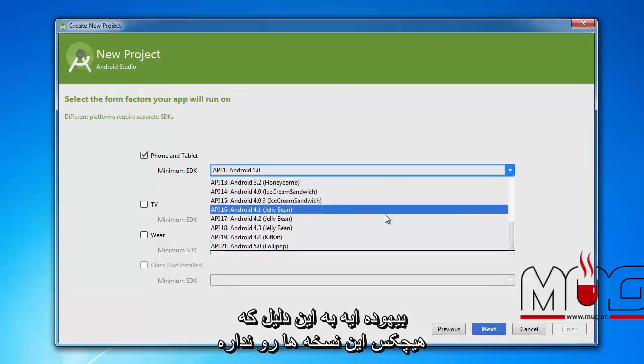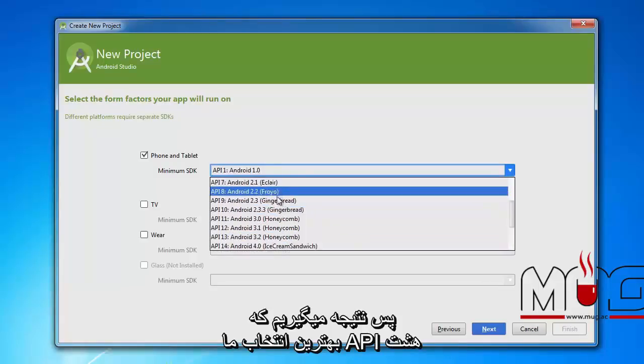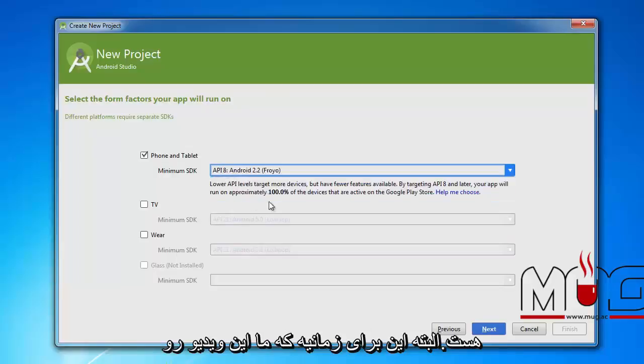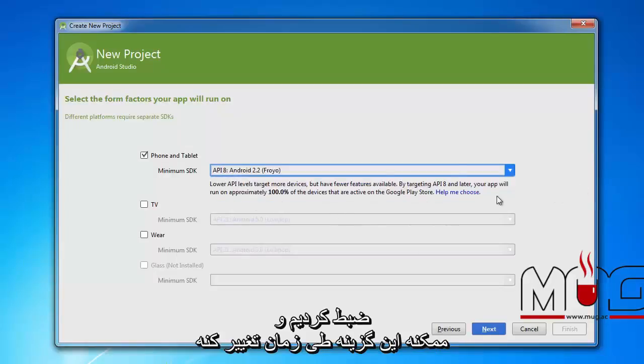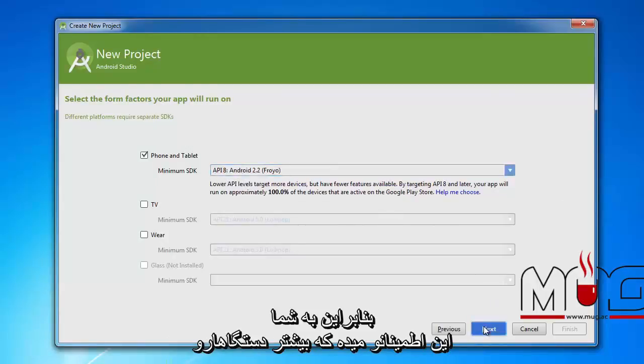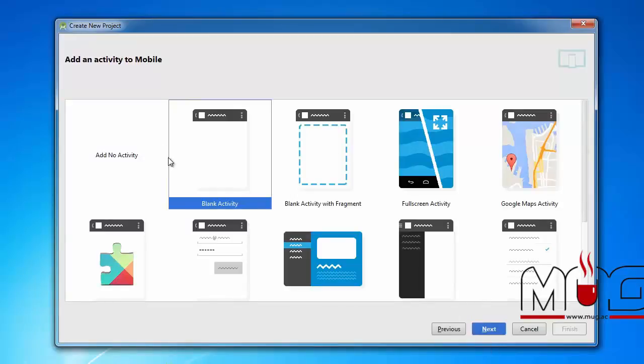So a good median for this is to go with API 8 at the time of this recording. This is probably going to change as time goes on, but right now I would stick with API 8. This makes sure you cover pretty much every device anyone would have, and you don't have to write any useless code. So now our next choice is, okay,